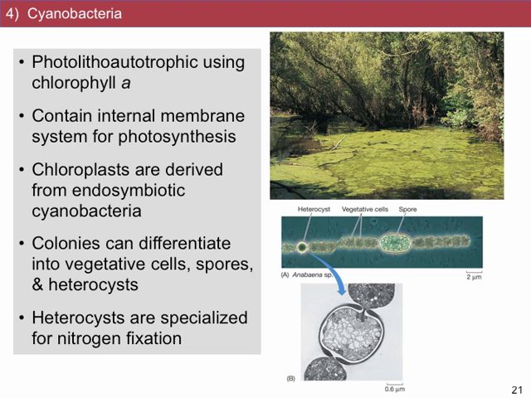Almost every member of this group that has been studied is photolithoautotrophic. They use a particular pigment called chlorophyll A as part of their photosynthesis. They also generate oxygen as part of their photosynthesis and have been really important in producing the oxygen in the atmosphere on the planet some billion years ago. They are also the closest relatives to the chloroplasts that are found in algae and plants, and we will talk about that later today.